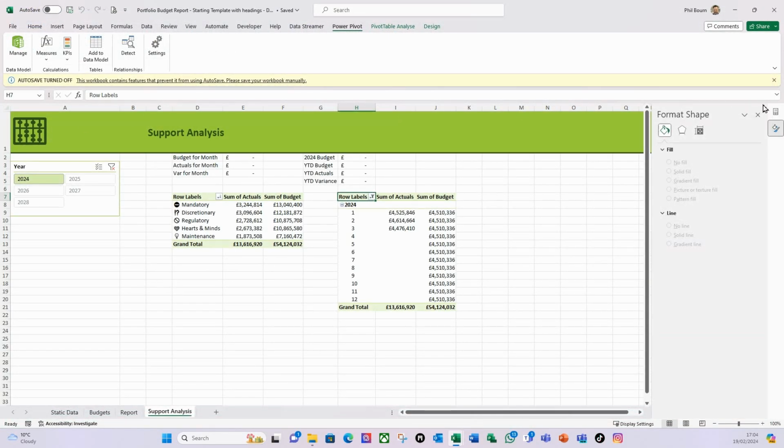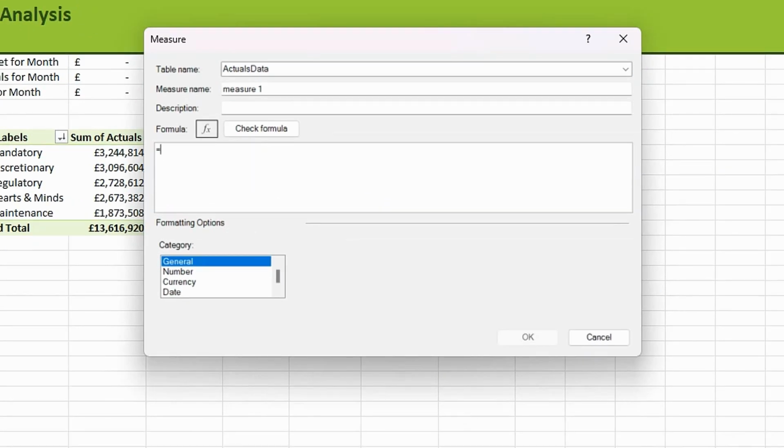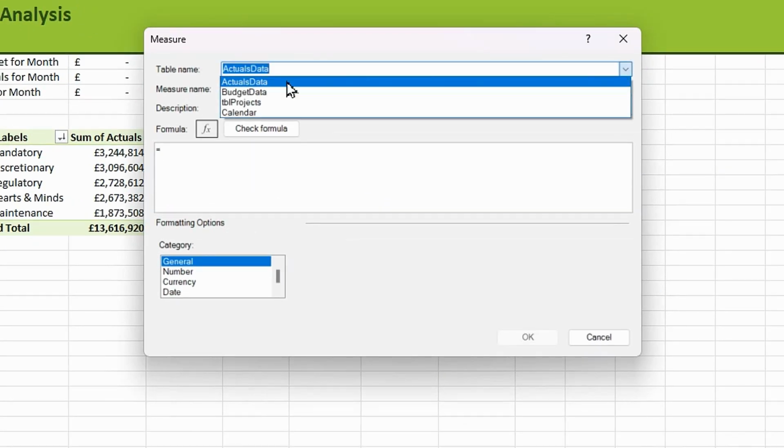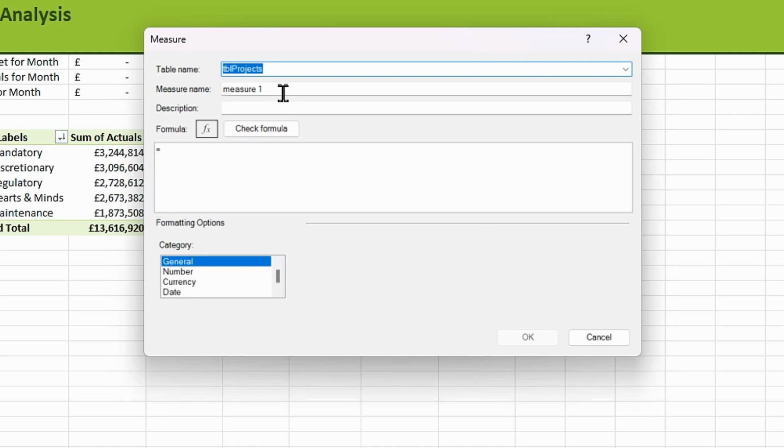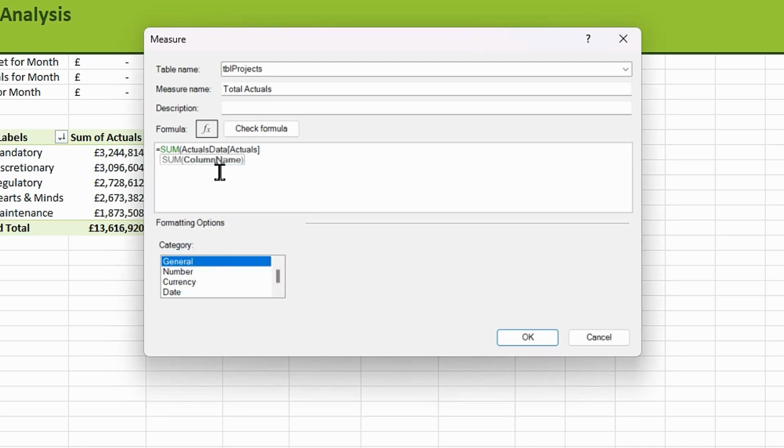So again, on the Power Pivot ribbon, I'm going to do measures, new measure, and I'm going to do it within my table projects, and I'm going to call this total actuals like so, and then the formula is going to be sum, open bracket, and this time I want to sum my actuals from the actuals data table. So I'm going to double click on that, I'm going to close that bracket,